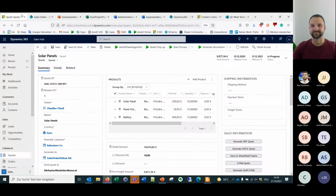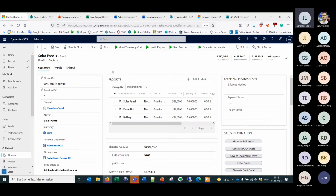Perfect. Then let me jump into our CE scenario. This is the following. We have a sales quote in this example. And in this example, our customer or our company is called Solar Power Deluxe. They are basically providing solar panels and everything you need, and also the services to install these panels on the roof of the customers. Basically, these quotes are usually a little bit more complicated or more complex than just listing